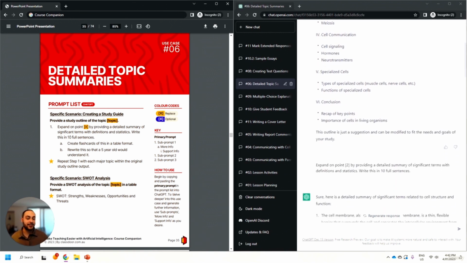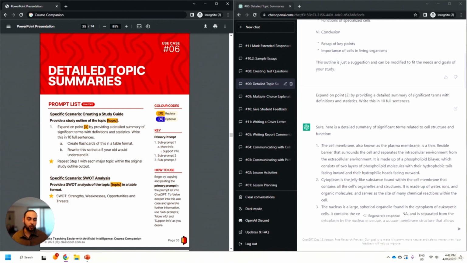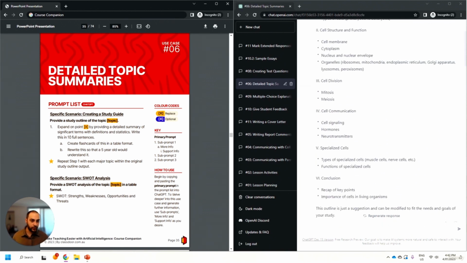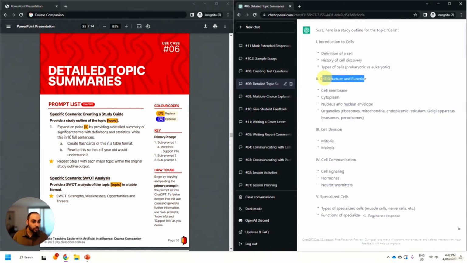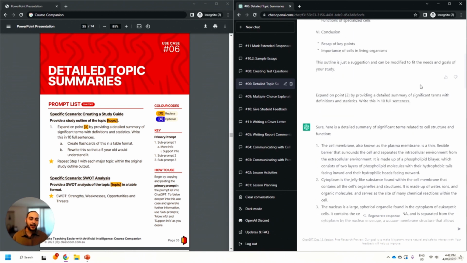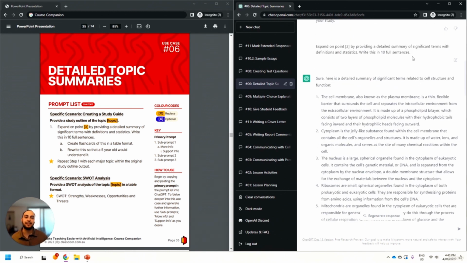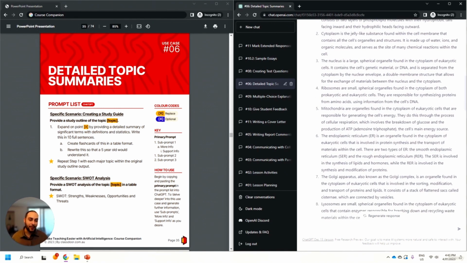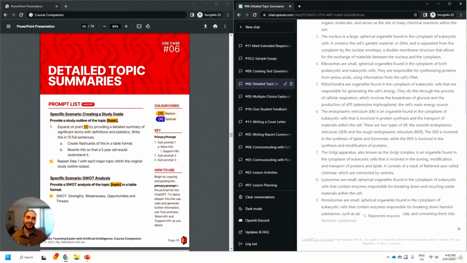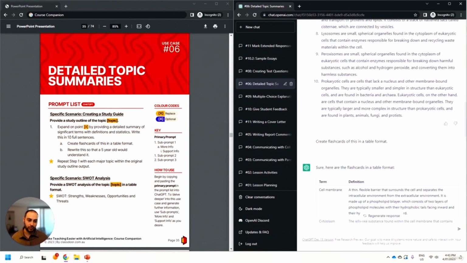And that's exactly what I asked it to do. So in the next sample output, we've had point 2, which we can see up here is our cell structure and function. We've asked ChatGPT to summarize it in 10 full sentences. And that's exactly what it did. It's so powerful here. It's even got acronyms that have been expanded upon for us. So it's a great, useful tool for both us as teachers and for our students too.